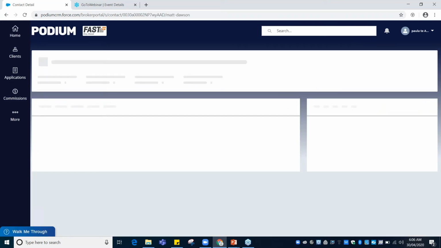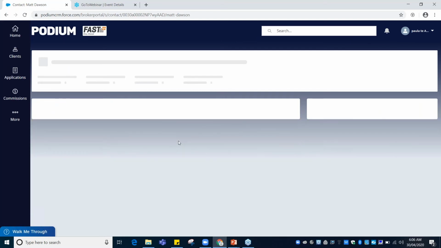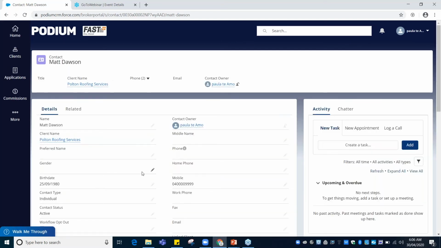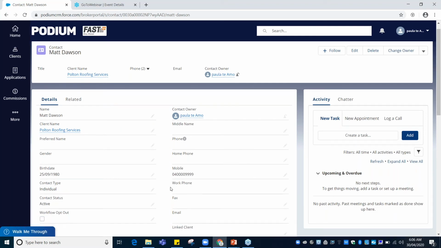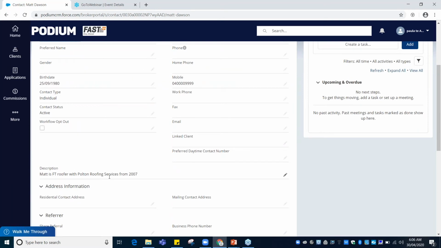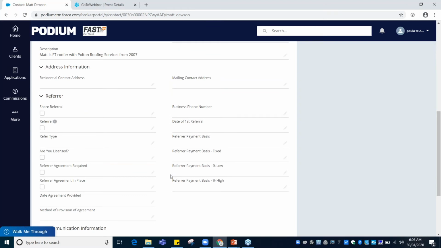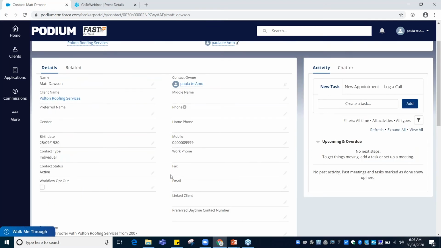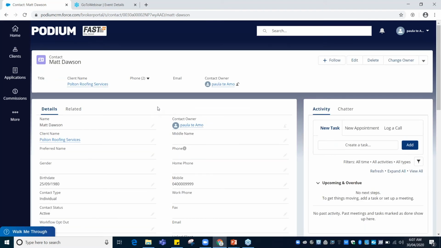record. Now we will see that I've included Matt's mobile number. He's connected to Polton Roofing Services. We have a mobile number there. Description: Matt's full-time roofer with Polton Roofing Services from 2007. Fantastic. So once you have entered all of your contacts, and I've already done that,